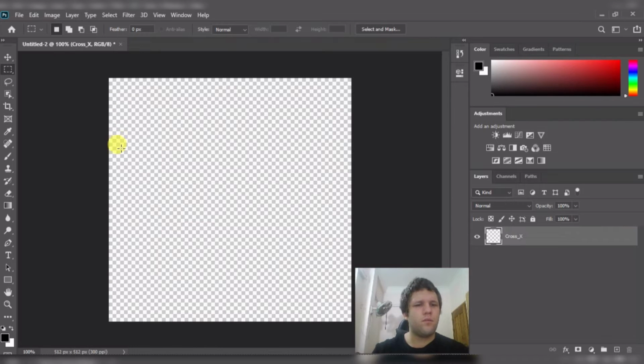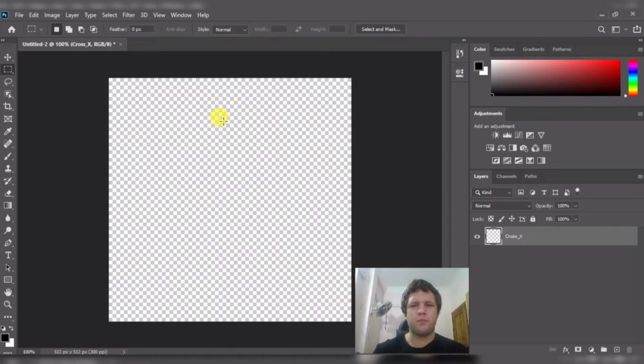Now we know that we have 512 by 512, so we know the height and the width of this square that we have. That's why I like to do things in pixels more than inches or centimeters,